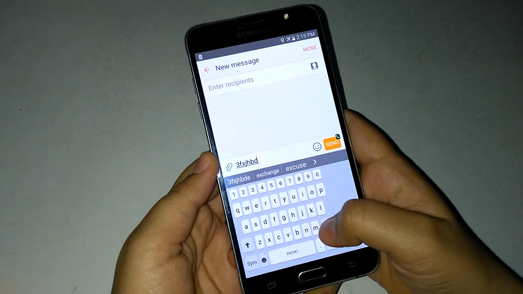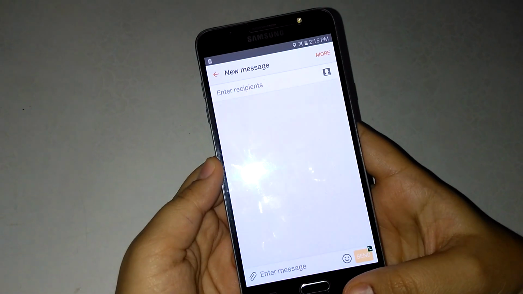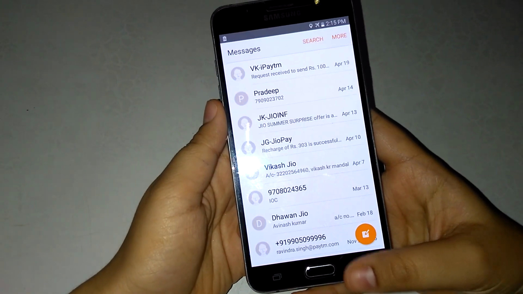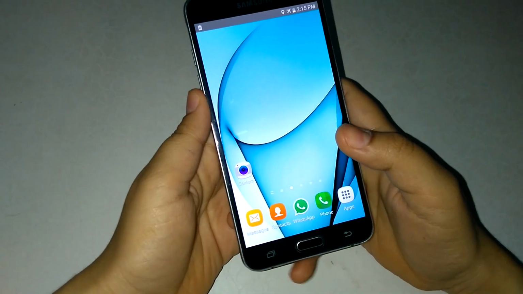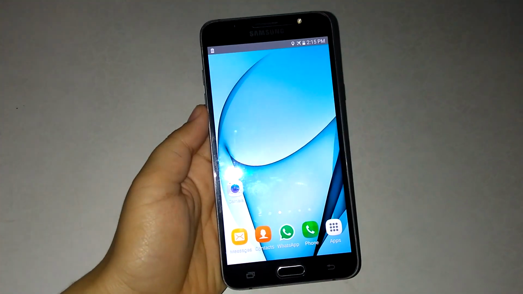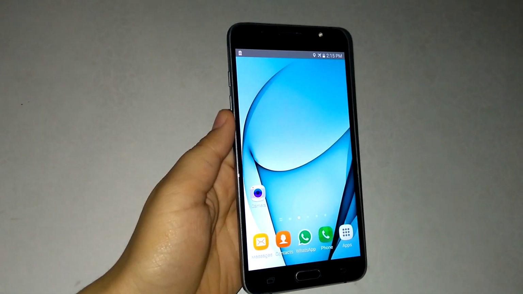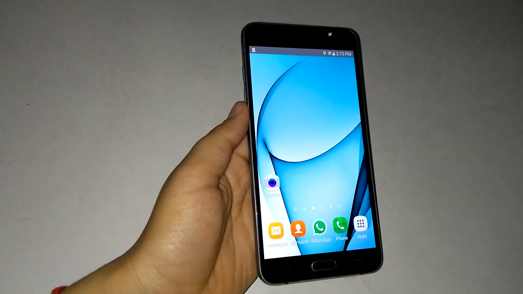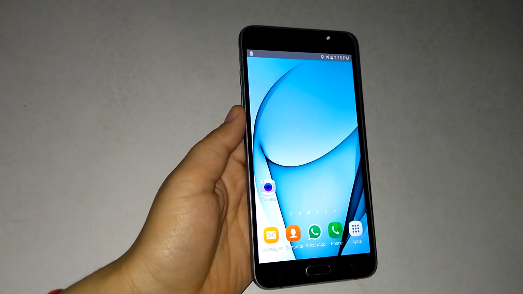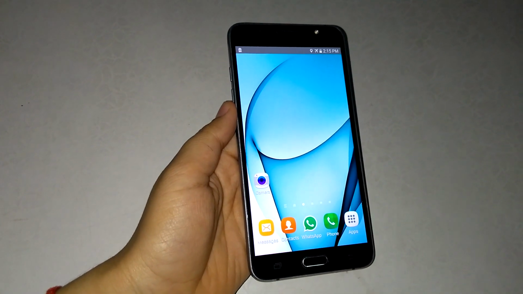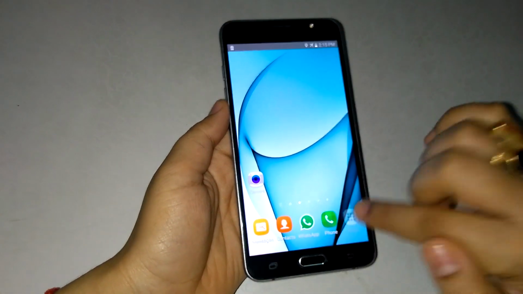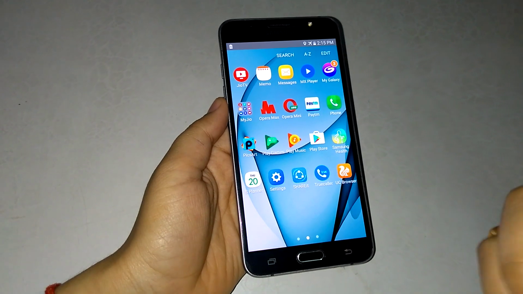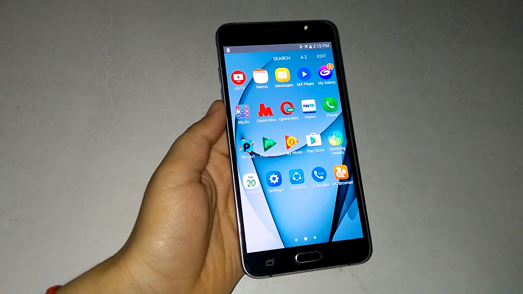So this is very good, and you can delete also. So this is a very good option, I feel. Now the next feature is, sometimes what happens, if your phone gets lost, and the person who gets the phone has humanity, then how will he get to know that this phone is yours? So you have to put all the information about yourself in the phone.